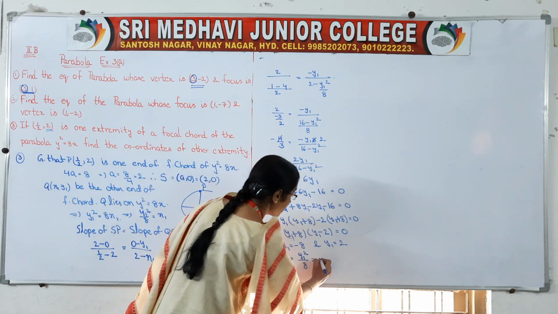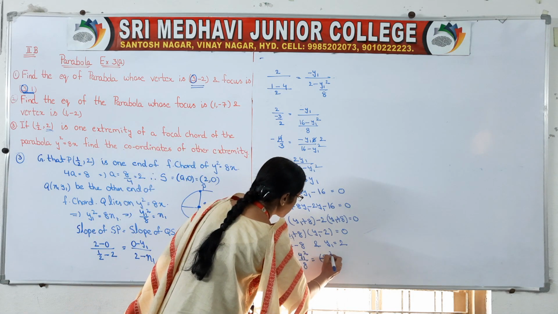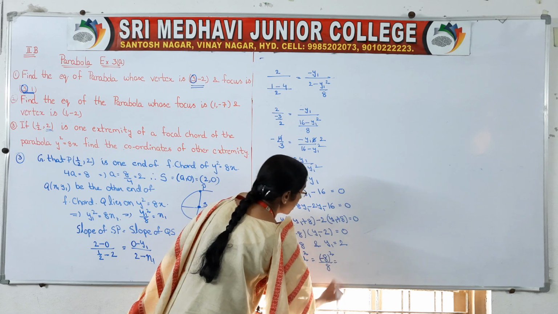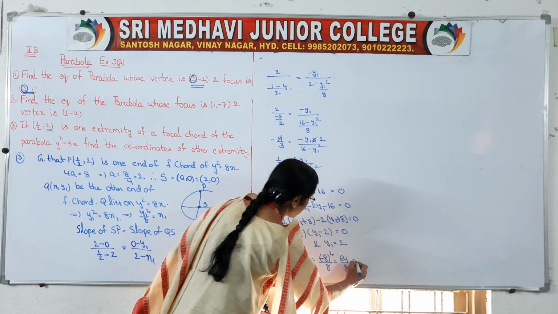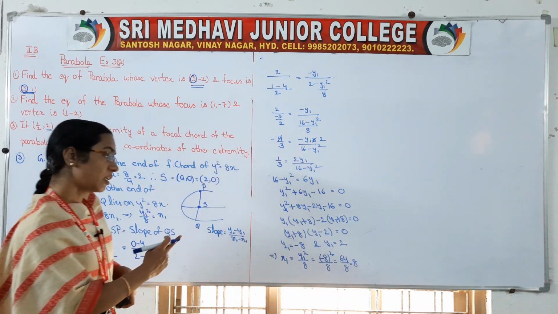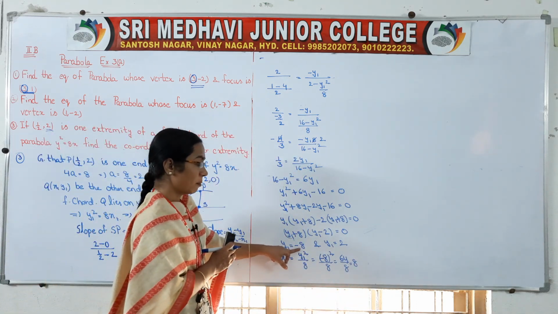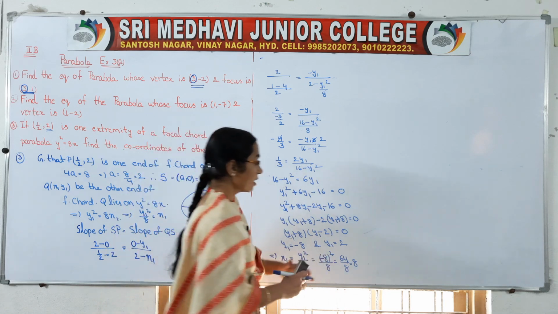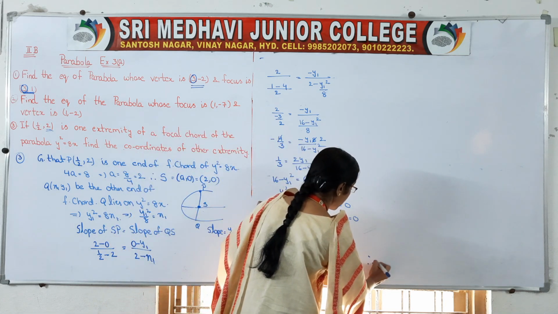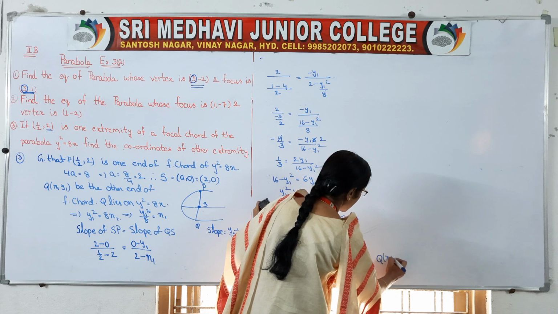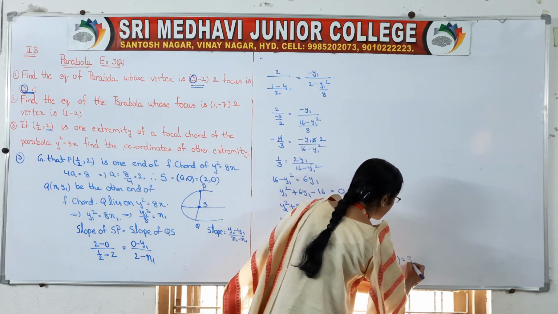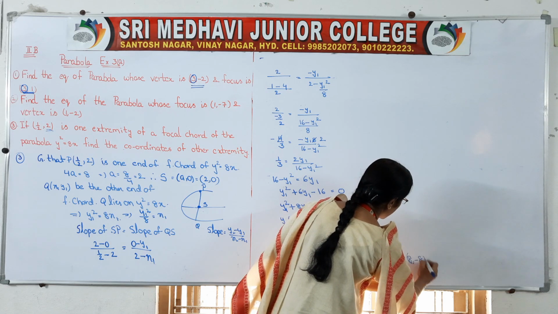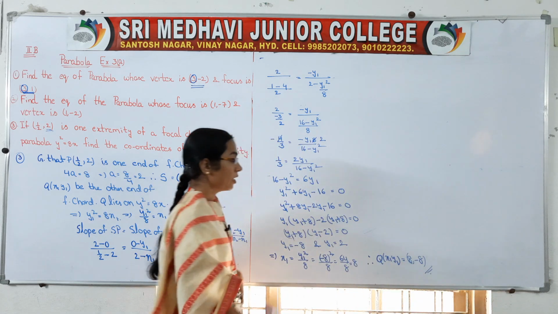So we can write this as minus 8 square by 8 is equal to 64 by 8 is equal to 8. So you got one point, y1 as minus 8 and x1 as 8. Therefore your Q x1 y1 is the point 8 comma minus 8, the other end of the